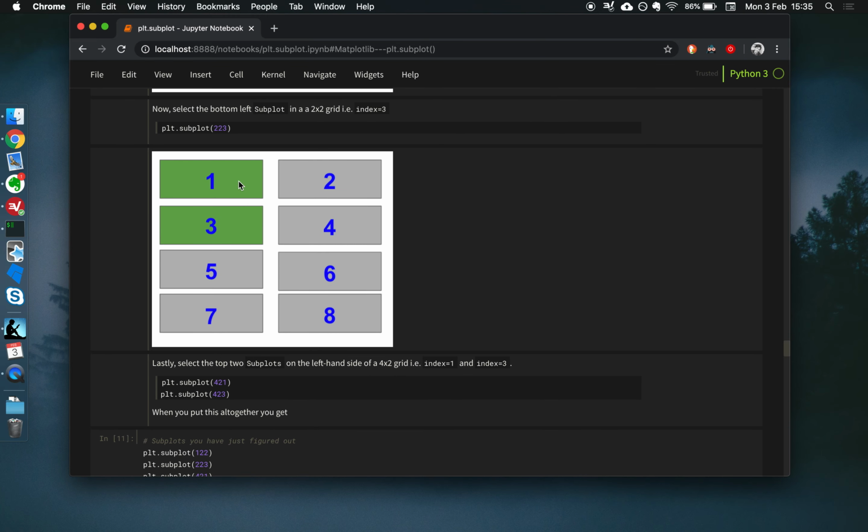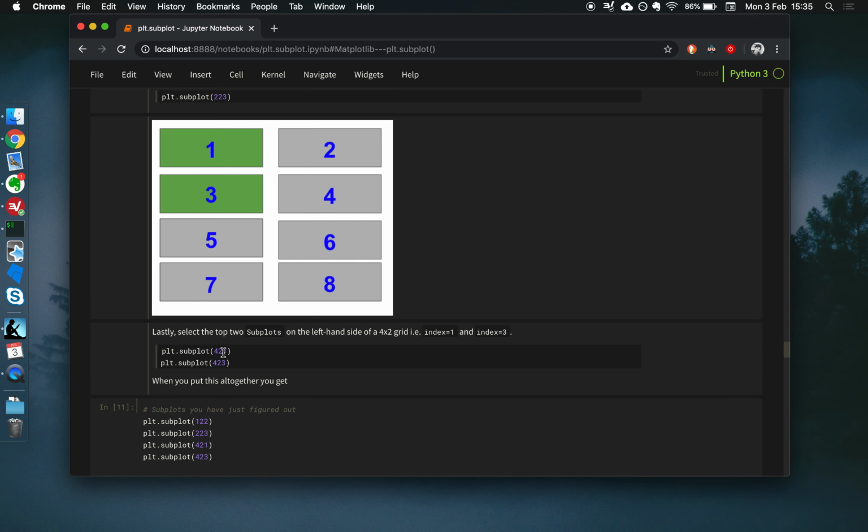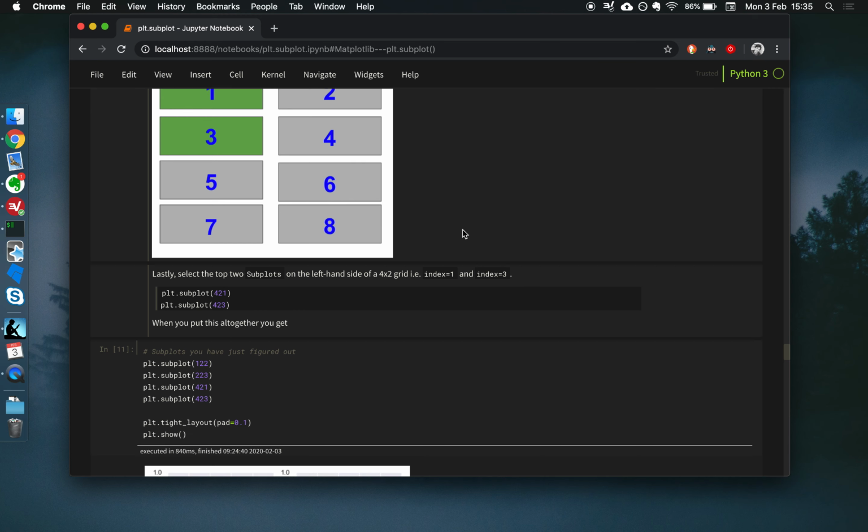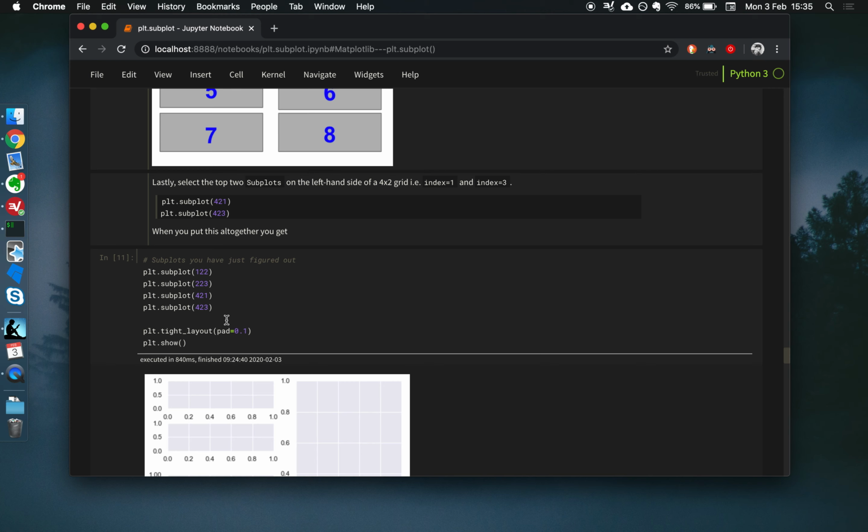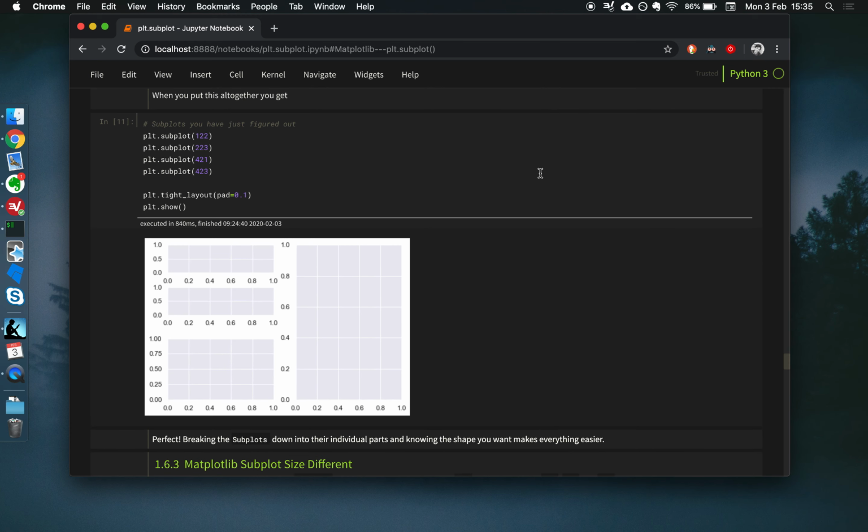So if you think of that, it's a 4 by 2, and these are the indices going along like that. So we need indexes 1 and 3 of a 4 by 2 grid. So that's 4, 2, 1, 4, 2, 3. And putting that all together, we're just copying and pasting that there, calling a bit of tight layout, calling show, boom, there we go. And then you can just plot on these